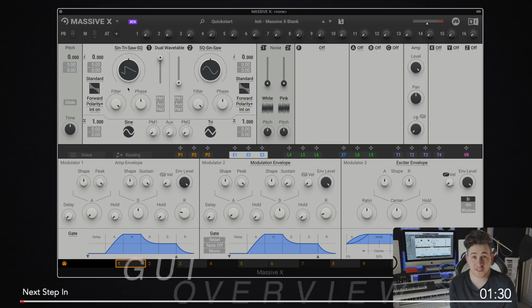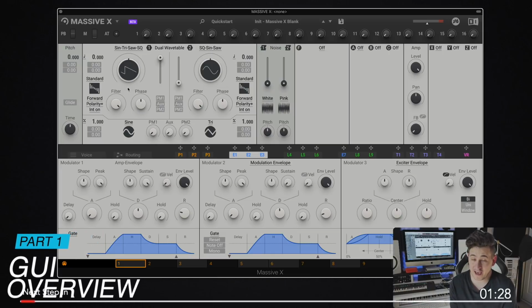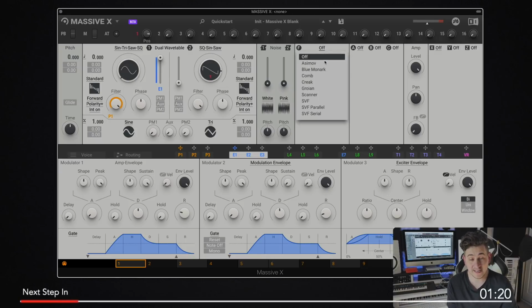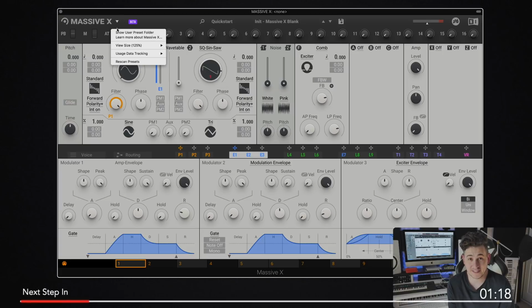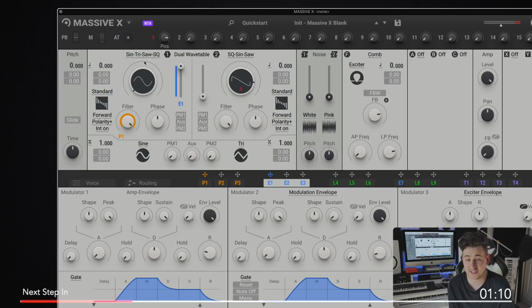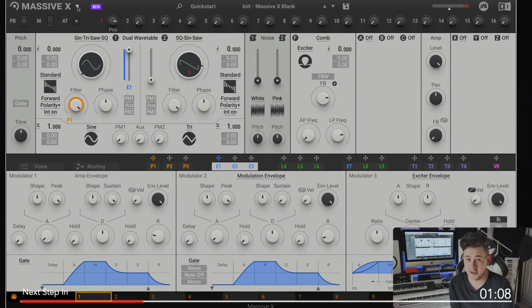All right, so the first big change that will be really evident and clear right when you look at the synth is the GUI, the graphical user interface. It's gotten a brand new interface. Nothing remains the same pretty much. And I'm happy to say that this GUI is scalable, meaning that it's not going to look bad like so much of the other Native Instruments plugins do on 4K and 5K monitors. So it actually scales. You can go all the way from 50% all the way up to 200%,